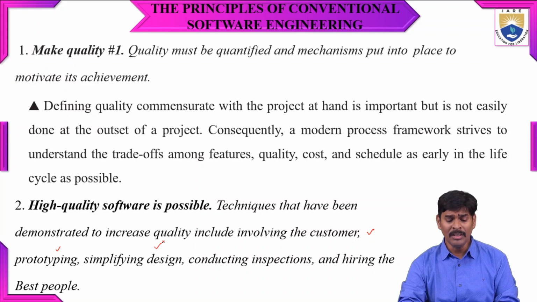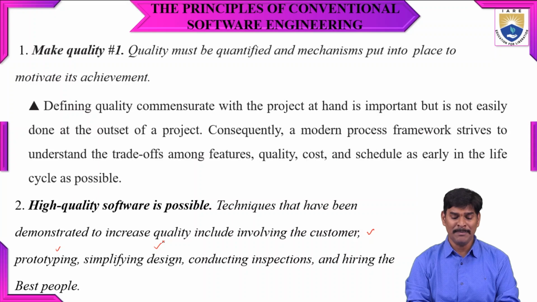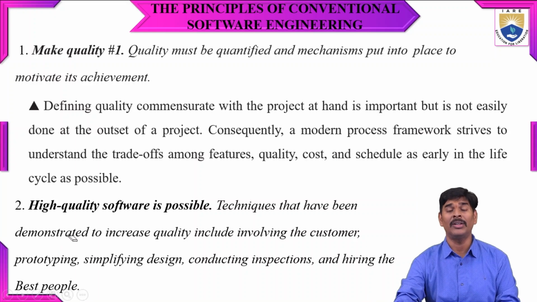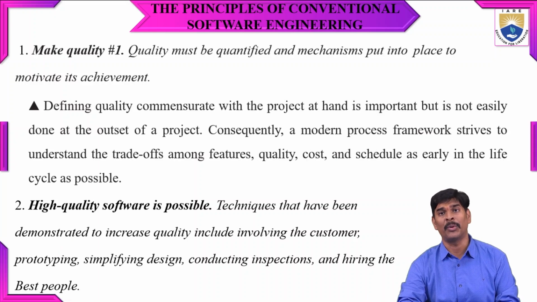Based upon the feedback and the inputs from the customers and the prototype, they need to design the architecture, and inspection is very important. Last class we discussed peer inspection. Peer inspection or peer review is very important for improving the quality and identifying defects in the product. The junior members will be developing the product or software, and the senior members are going to inspect it. This inspection is very important to identify the defects in the early stages of the life cycle.